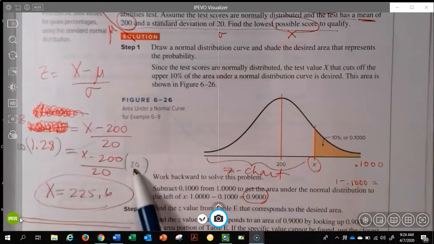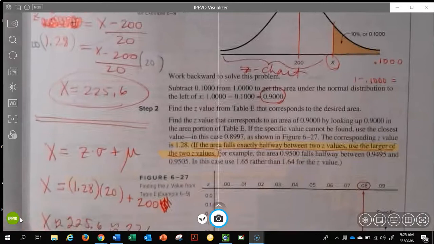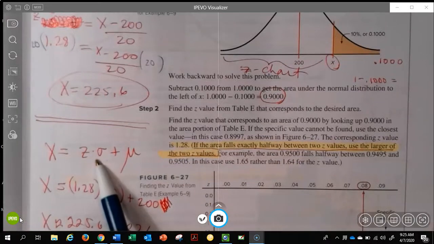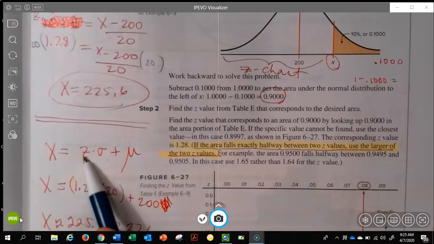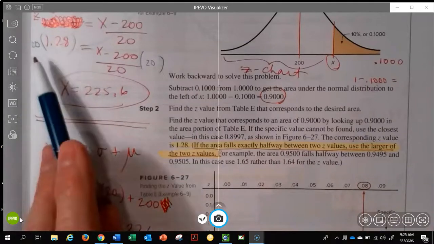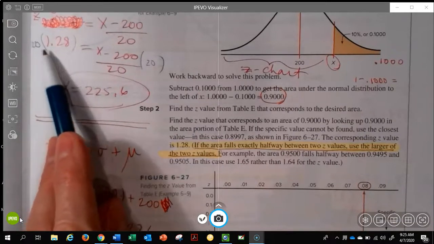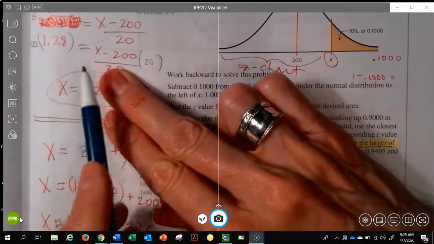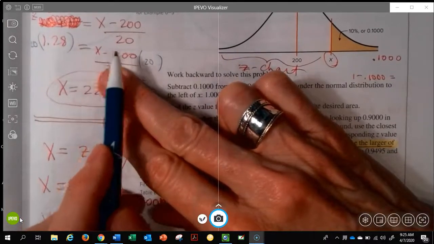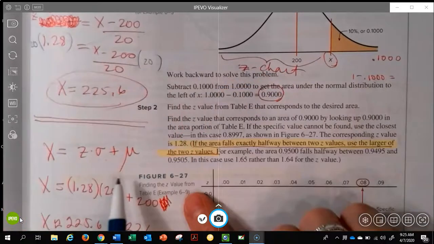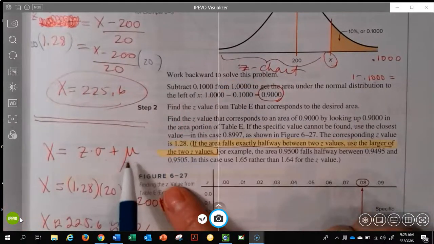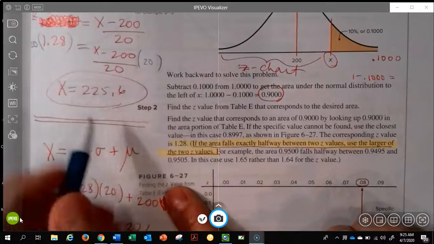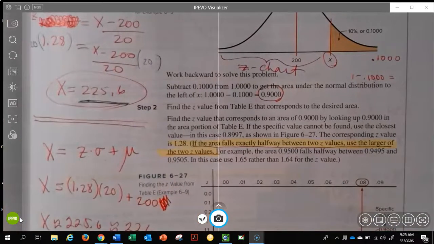In other words, I just multiplied by the standard deviation, and you'll notice in the formula, you take the z-score and multiply it by the standard deviation. Well, that's what I've got going on up here, my z-score times my standard deviation. And looking at this algebraically, this minus 200, I need to add to both sides, and that 200 was my mean. So if you want to see it algebraically, we're going to end up with an x value of 225.6,